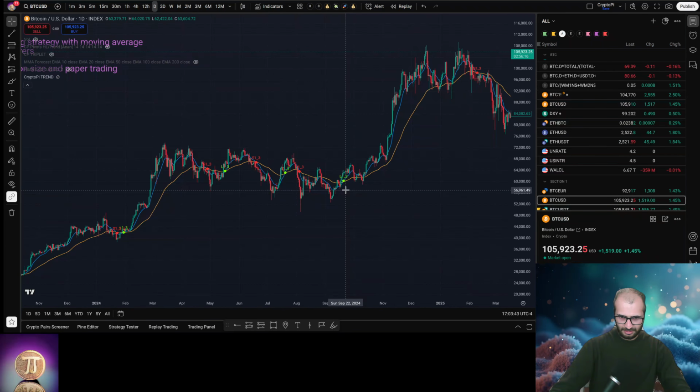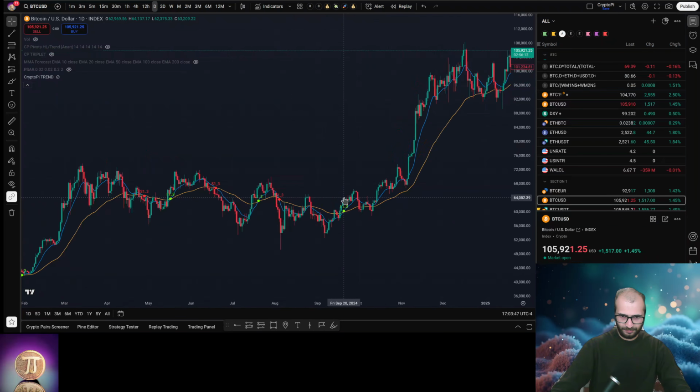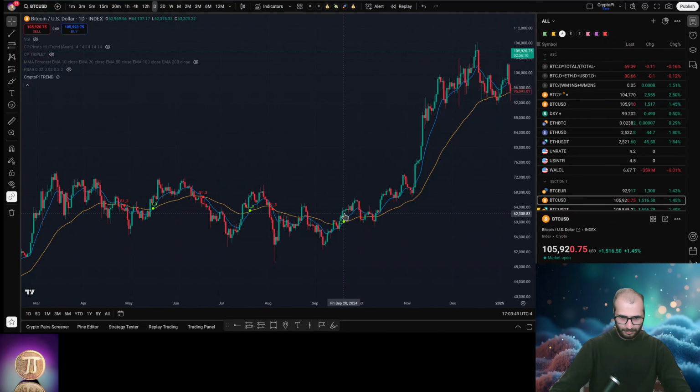Let's take the typical example which we have discussed in few other videos. On September 20th, 2024, we see the fast moving average crossing above the slow moving average, which is an indication of a long position. So I take a position here,